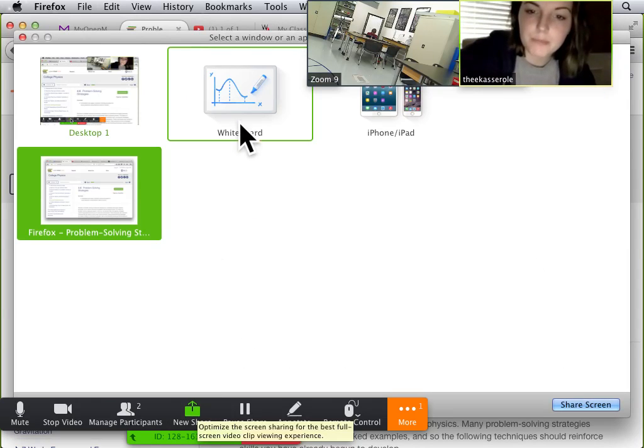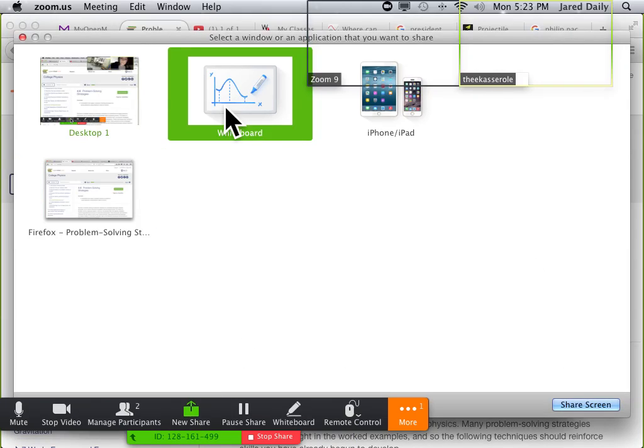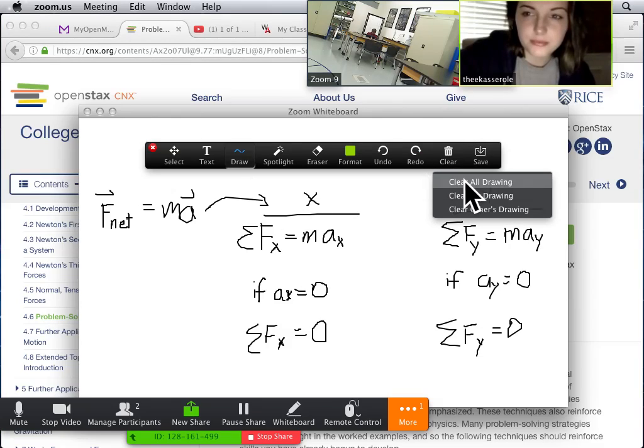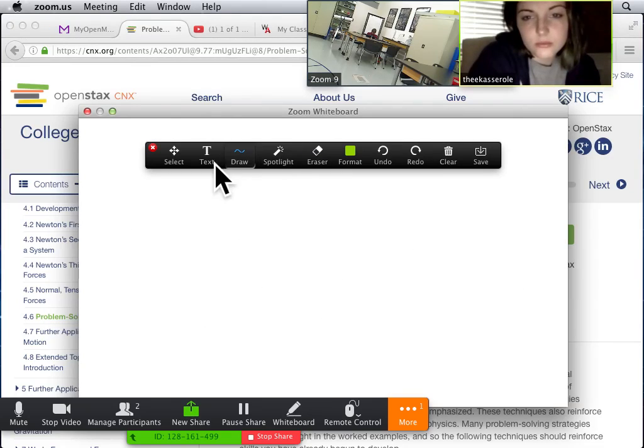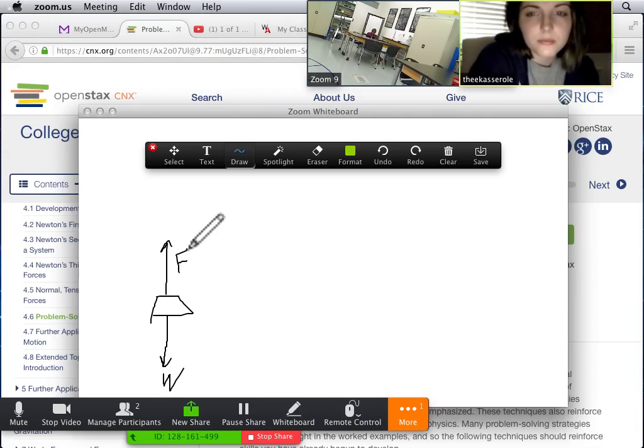Let me do a really quick whiteboard. So in the example that we did, where we're pulling the mass upward, we have this mass that's on the rope, right? And when it's sitting still, the force upward and the force downward are the same in magnitude. And that's why it's not accelerating. Because the pulling force up is equal to the one going down, then that means if we added our forces together, this is a positive force, and this one going down is a negative force, we would get force minus W,